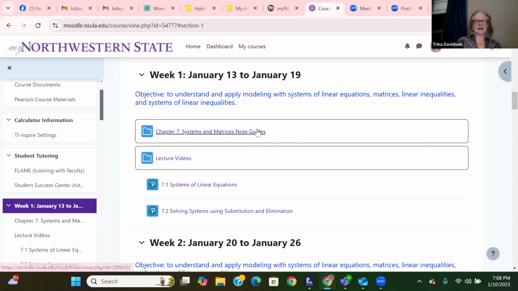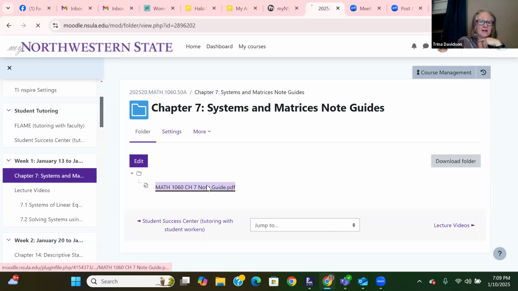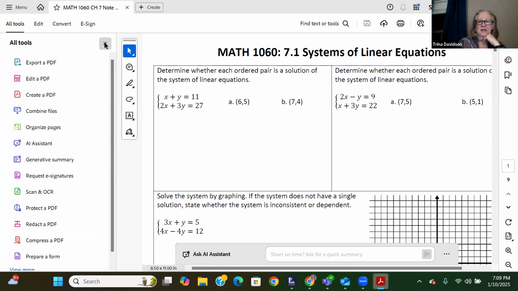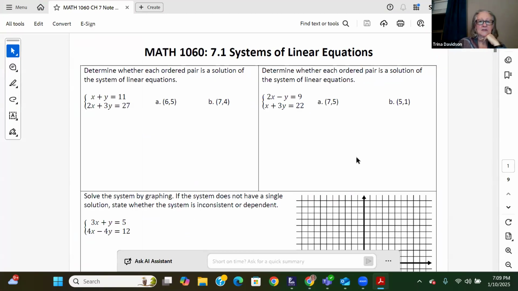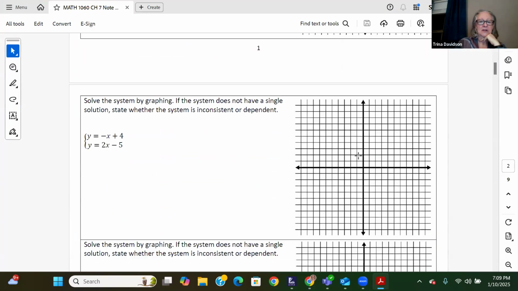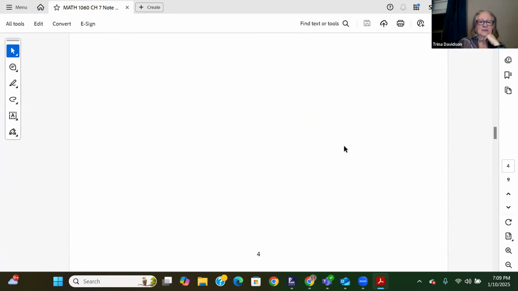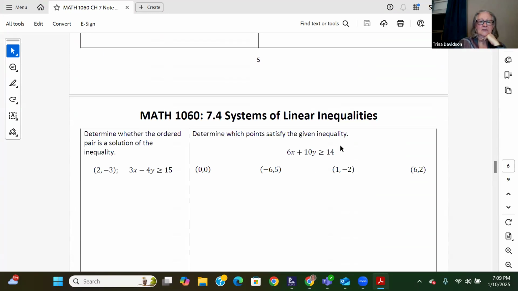All right, so week one before class, and I didn't know this, found this out last semester from you guys, which was really good information. Up in room 261, where we test at, second floor if you're new. It's the opposite end where we're going to be having class. There's a big computer lab that you guys can print in. Right. So this is the same as 1020. You have these note guides you can print out and bring to class. And that's what you're going to take your notes on. Okay.